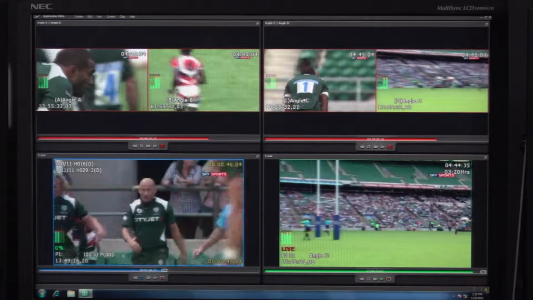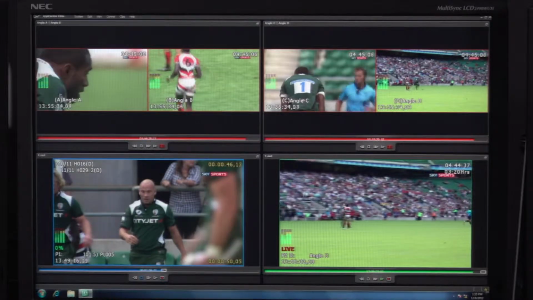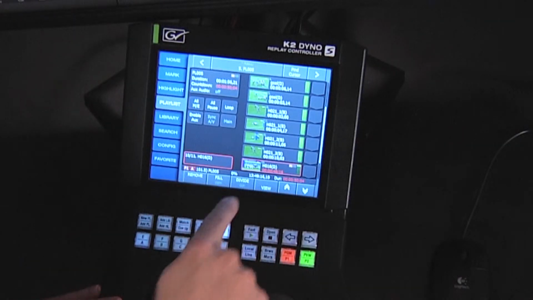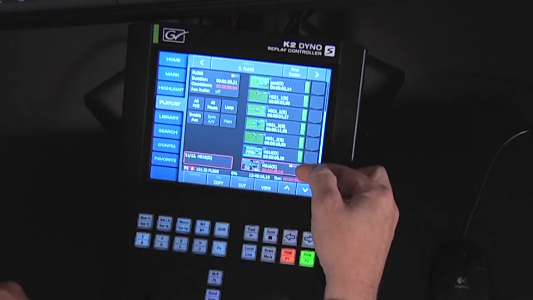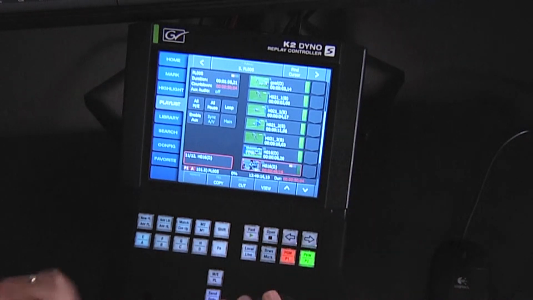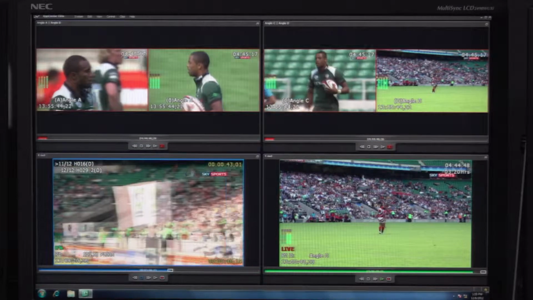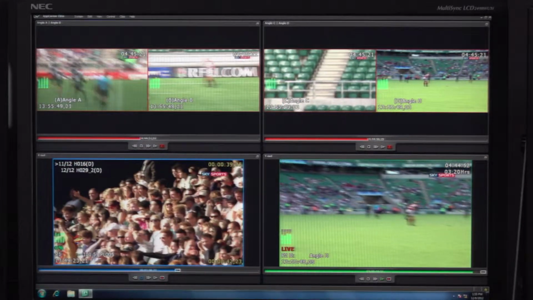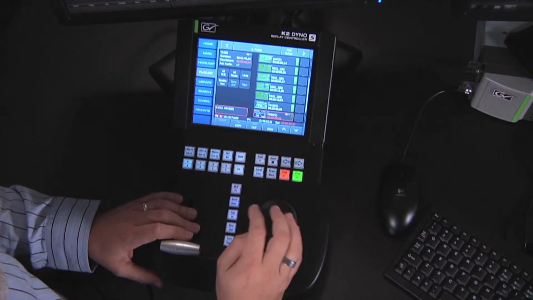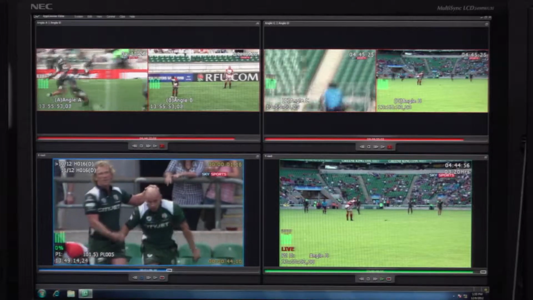So my previous choice, I could have selected marking an out here, but instead I'm going to Shift and Divide. It actually creates an out point for this clip and an in point for a new portion of that second clip. It's kind of like generating two clips at the same time. So there's the whip I don't want, and it goes to the crowd that I do want. I mark it in, and now it cuts directly from the two guys celebrating